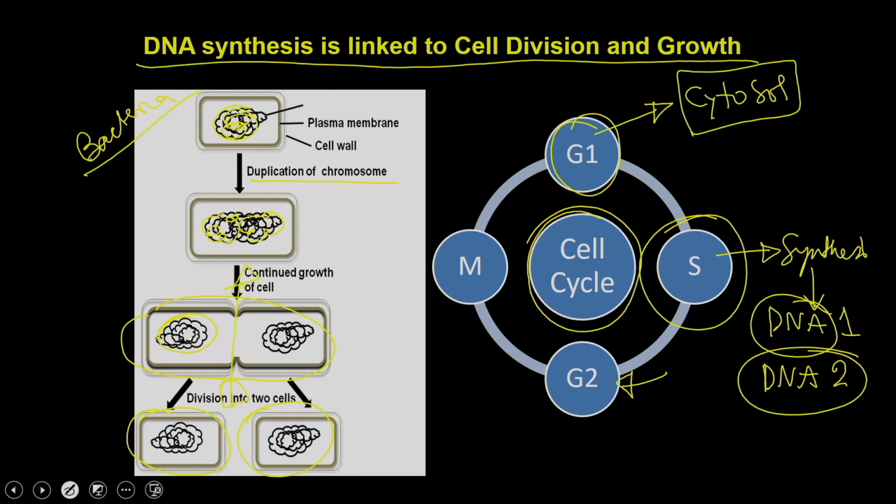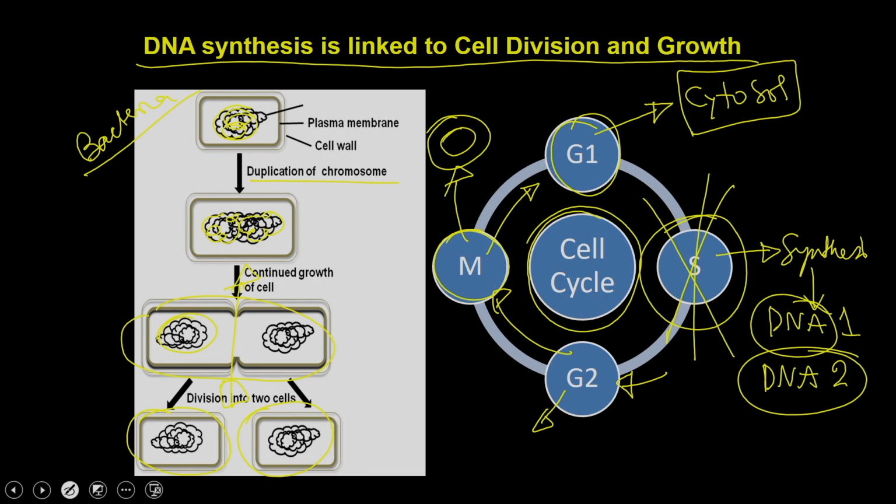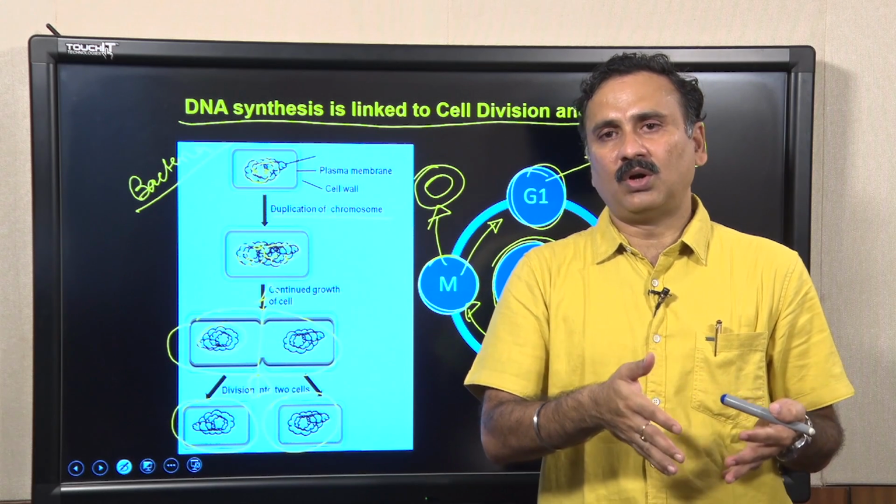G2 is also a preparative stage, with some additional preparation, and then the cell enters the mitotic phase, in which the cell divides into 2. The original cell again goes through the cell cycle, while giving you one more copy of the cell. So, let us say you block the DNA synthesis, if you block this step, you are going to disrupt the cell cycle, and that is how you stop the multiplication as well as the growth of a particular cell.